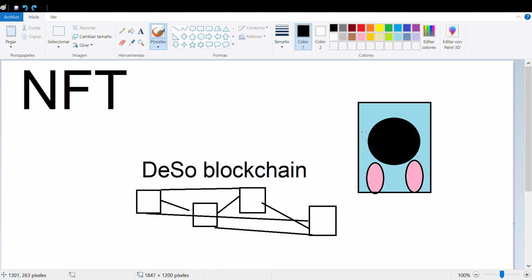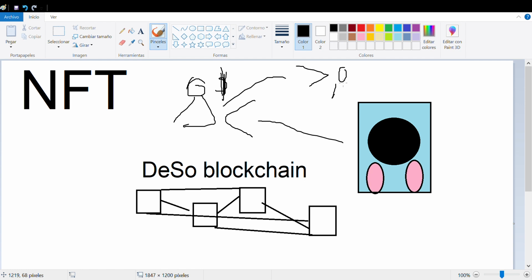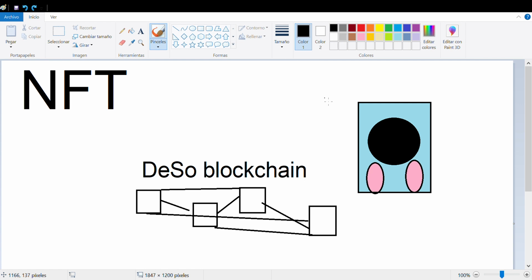So now you can sell this image. It's not the image itself, but you can sell the NFT to another person, so that person can have the NFT. That person bought this ownership from you, and can also sell it to another person, and so on. So it becomes tradable: you can sell it and buy it, and of course you can hold it and keep it for yourself.